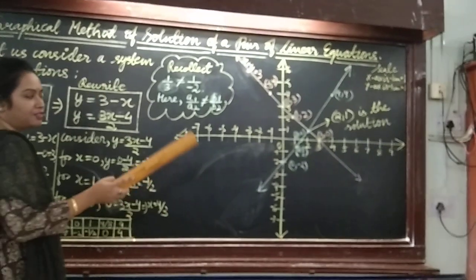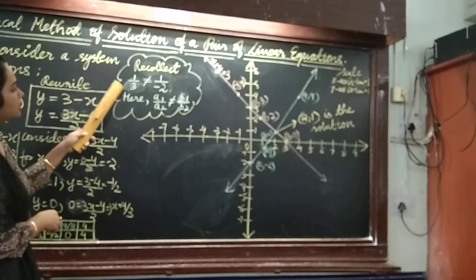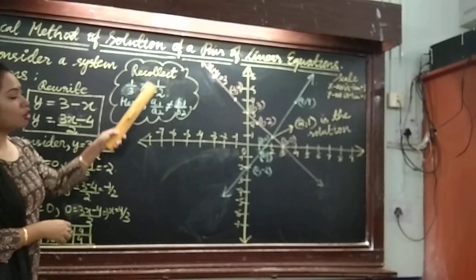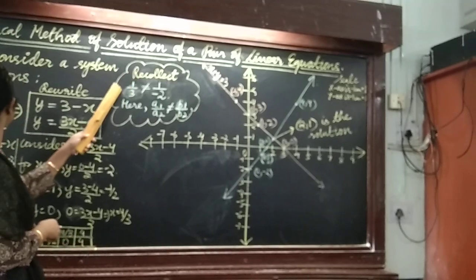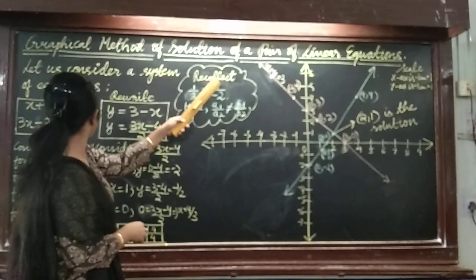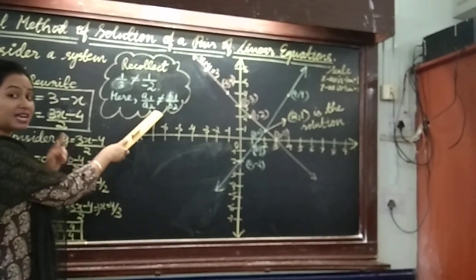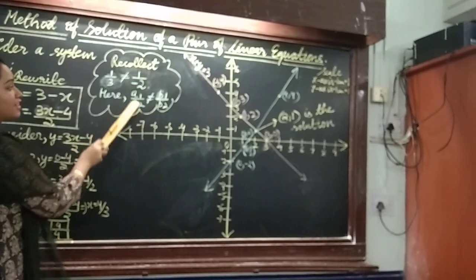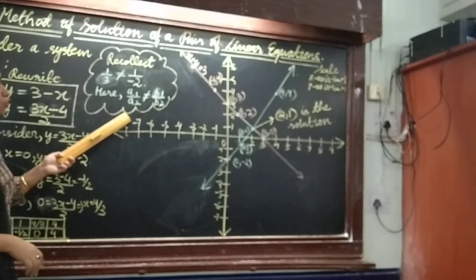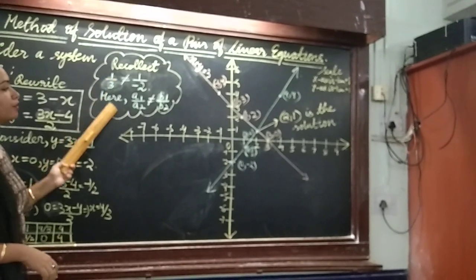Now, before I move to the graph, there is something which we need to recollect, children. A very, very important fact: the two equations which are given to us are of the form a1 upon a2 not equal to b1 upon b2. Just recollect, here the value of a1 is 1 and the value of a2 is 3. The value of b1 is 1 and the value of b2 is minus 2. So as I substitute, I arrive at a conclusion. Just recollect case 1. Case 1 was that if a1 upon a2 is not equal to b1 upon b2, we get a unique solution, right? So this is something which we should remember from what we studied previously before we move ahead to the graph.